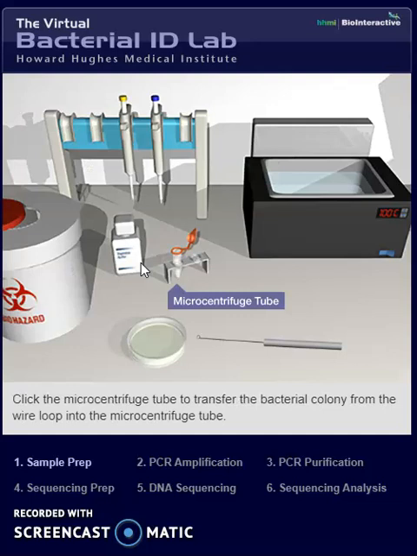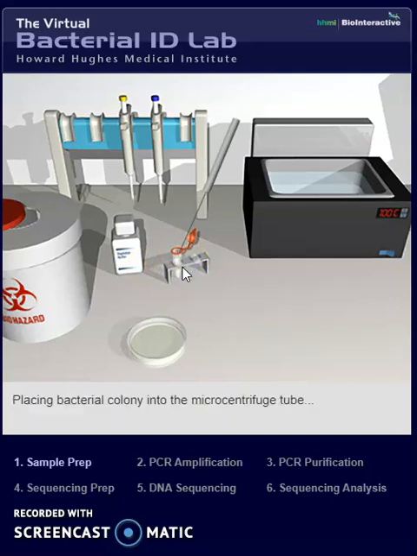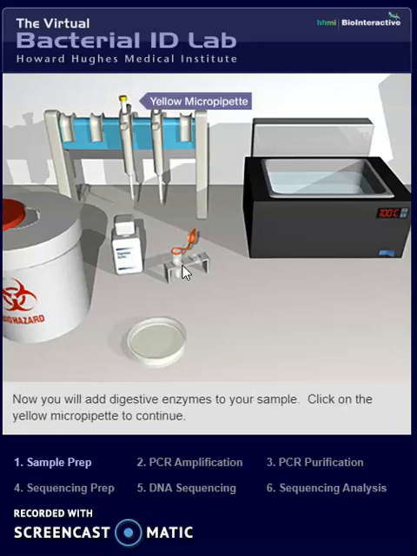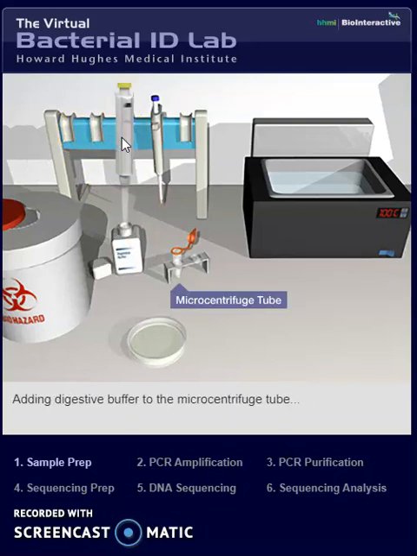and then click the microcentrifuge tube to transfer the bacteria colony from the wire loop into the microcentrifuge tube. Placing the bacteria colony in this tube. Now we have already added this digestive enzyme to the sample, and then click the yellow micropipette to continue. Adding the digestive buffer to the microcentrifuge tube